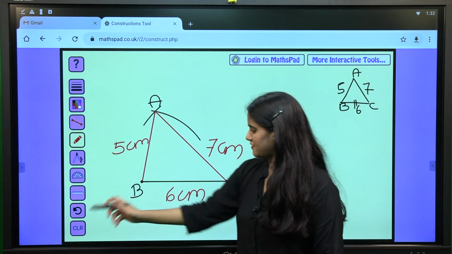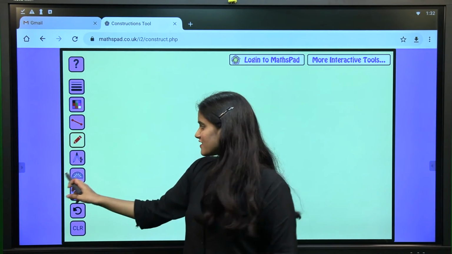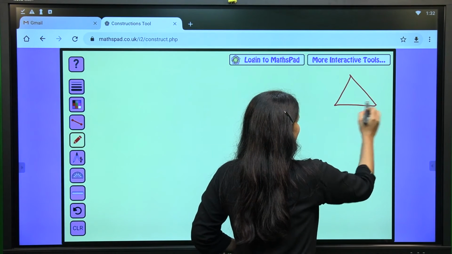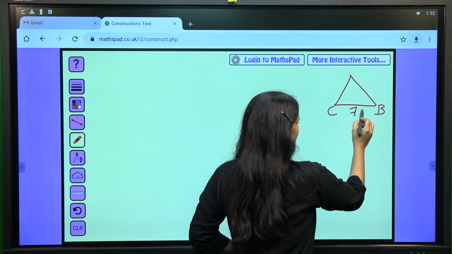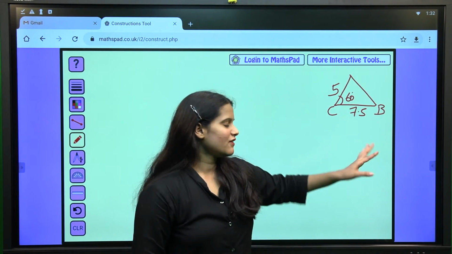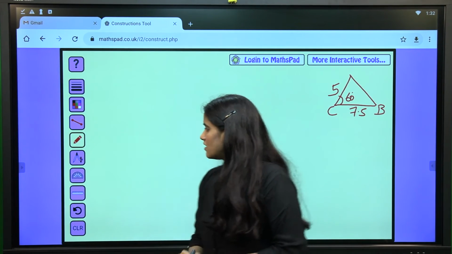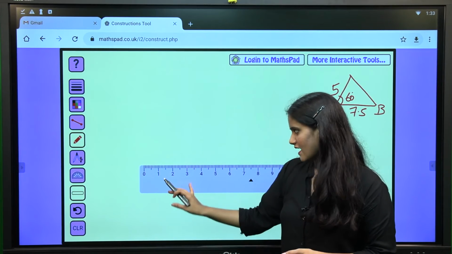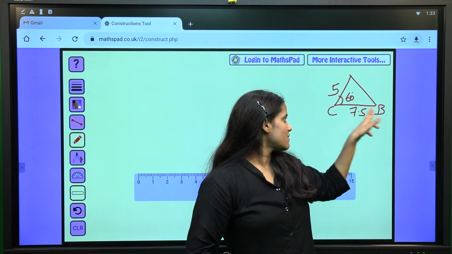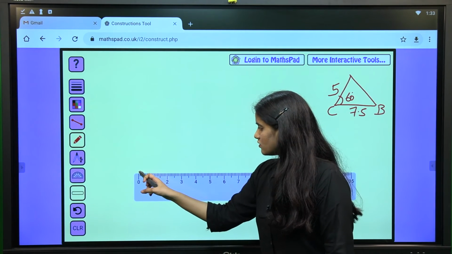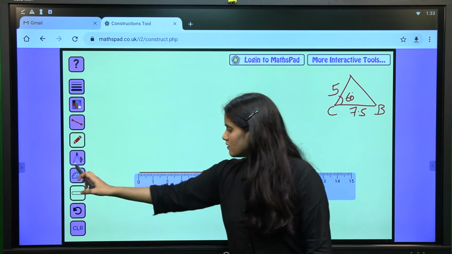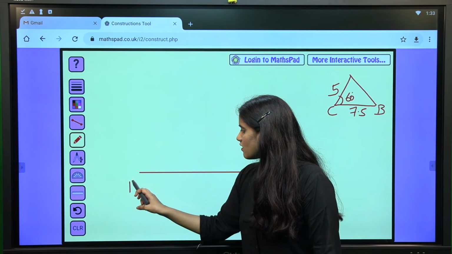So take a math pad. So I'll just write a rough diagram so that I'll just remember the values. So C, B, 7.5 centimeter I guess, and 5 centimeter and 60 degree. Even if it's a wrong value, it's fine. The same way you can do the construction. Okay. So let me take a scale as usual. So for this scale, what I will do, I'll just draw the base, which is CB, 7.5 centimeter, like this I'll draw it. So base is done. So I'll name it as BC or CB.